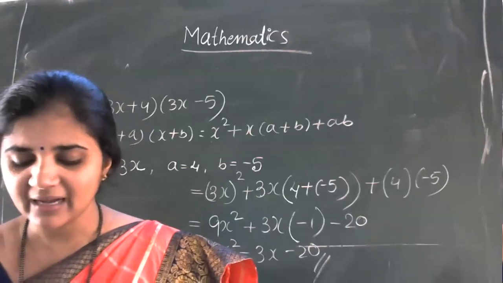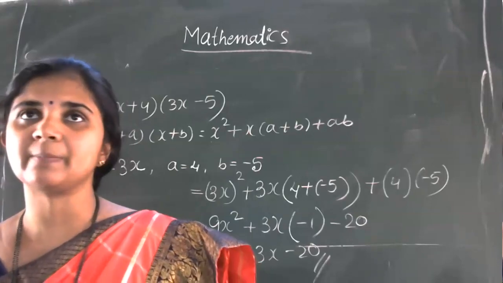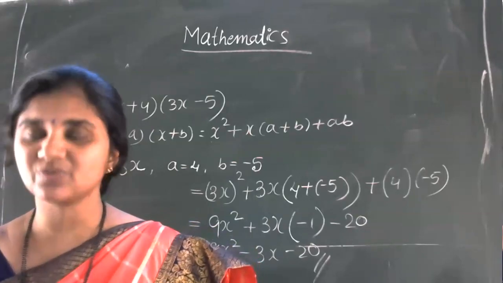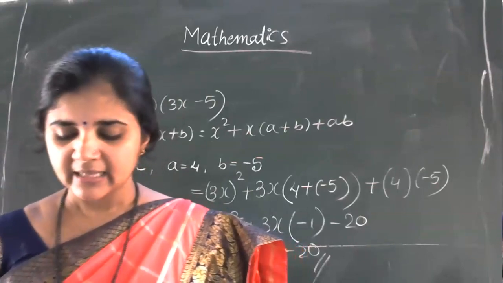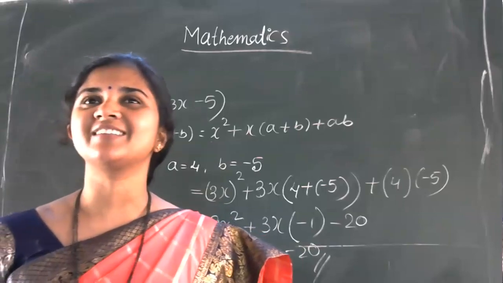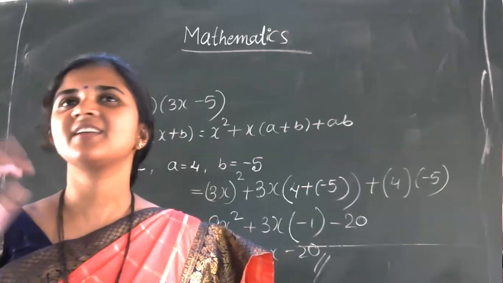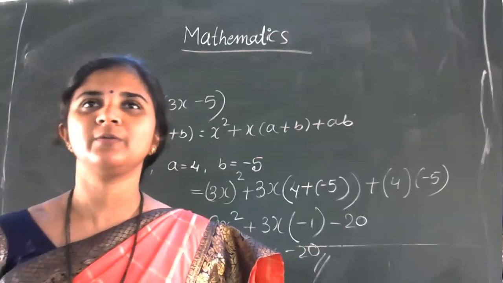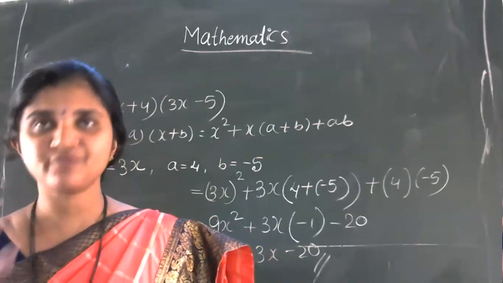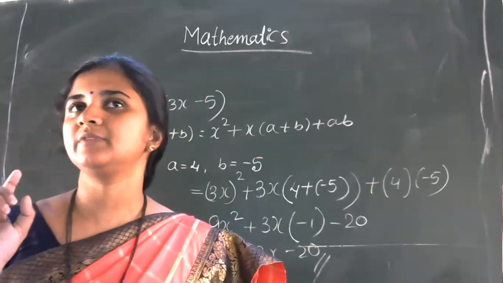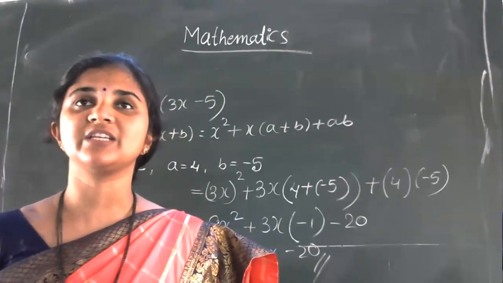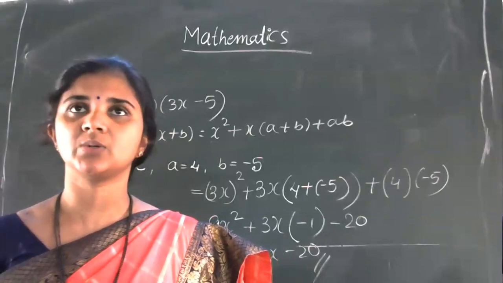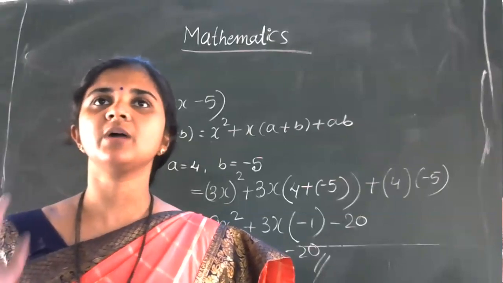Evaluate the following products without multiplying directly. The first question is 103 into 107. You know how to solve that one. Then 95 into 96. How will you take it? That depends on your thinking style. Okay, 95 and 96, you work out without taking anybody's help. Don't wait for the answer. Don't sit waiting for someone to send it in the group. So you finish your work by yourself.